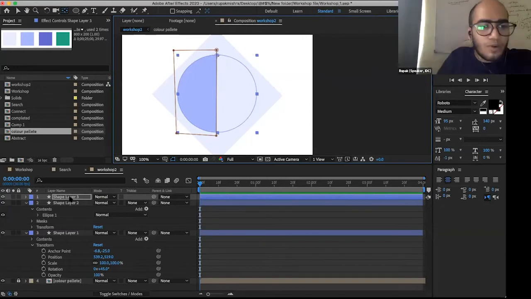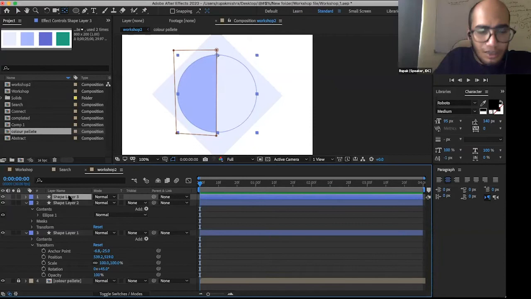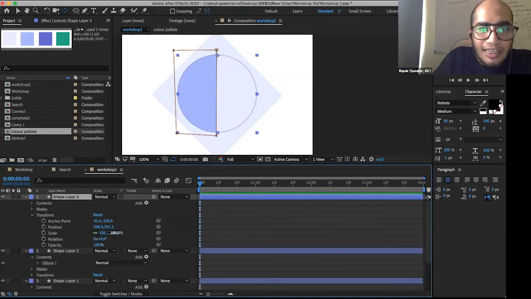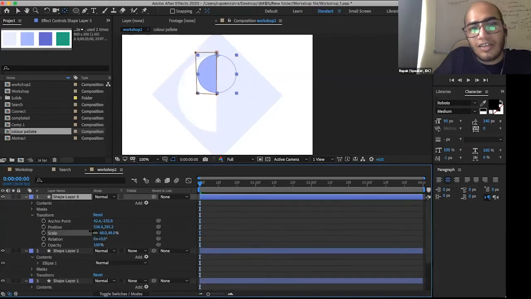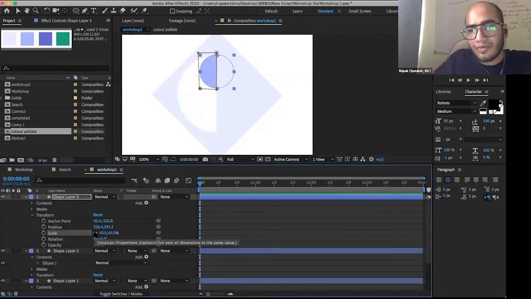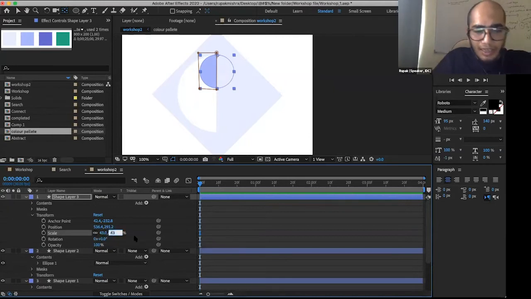After dragging it to the corner, go to shape layer 3, open its transform properties and scale it down. When you scale it down, it will naturally go to the upper corner. So I will set the scale to 40 for now.